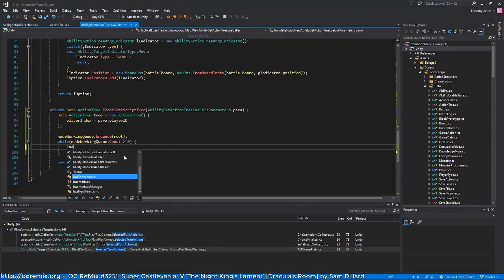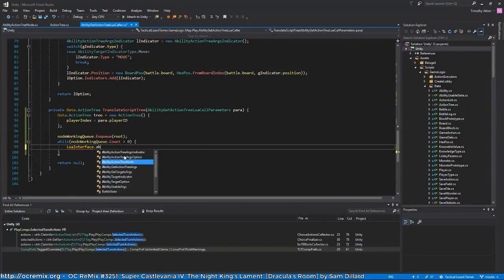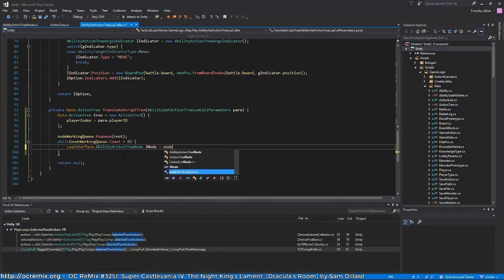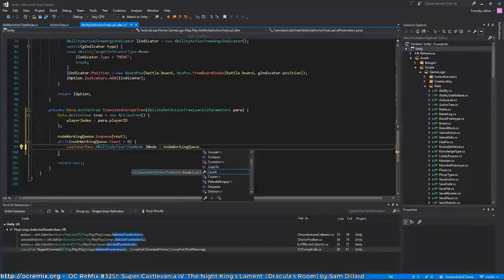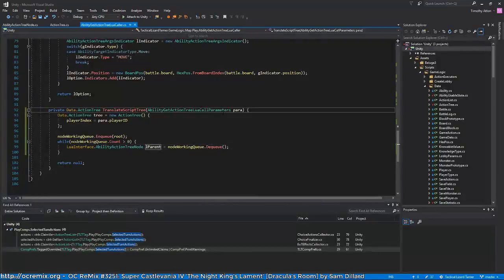So Lua interface, ability action tree node. So the Lua node is what we get out of the queue. Right, so instead of Lua node, I'll actually call it the Lua parent. Actually, no, this isn't how I want to do it. I want the queue to